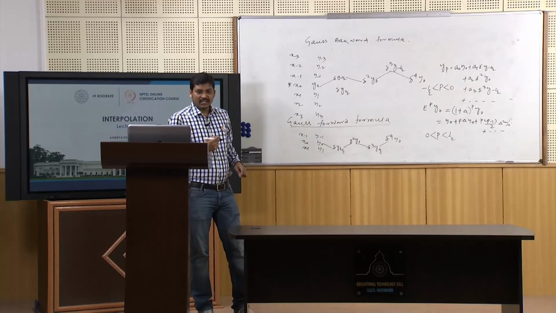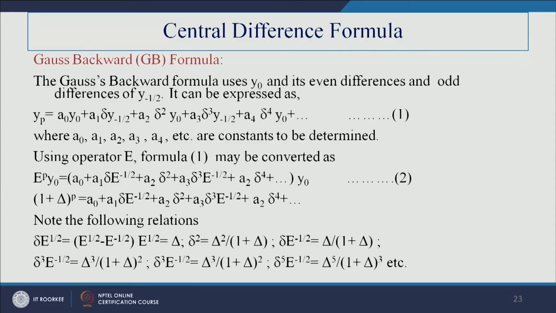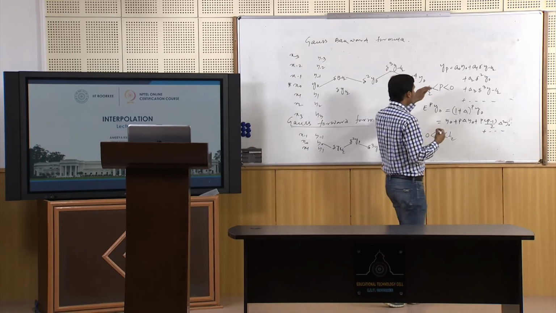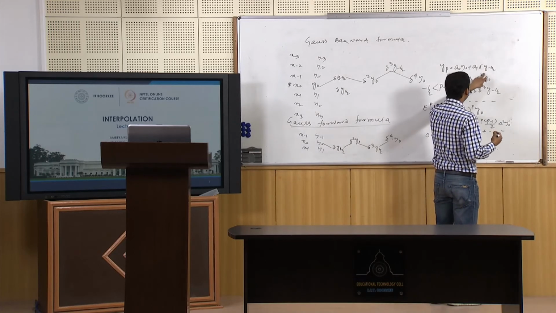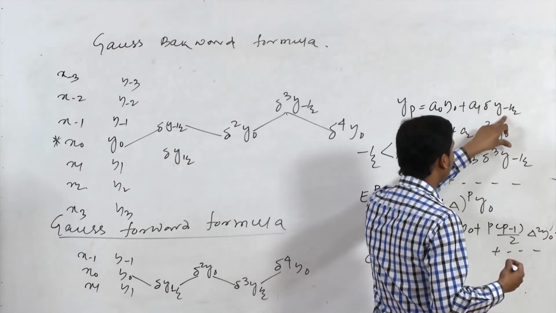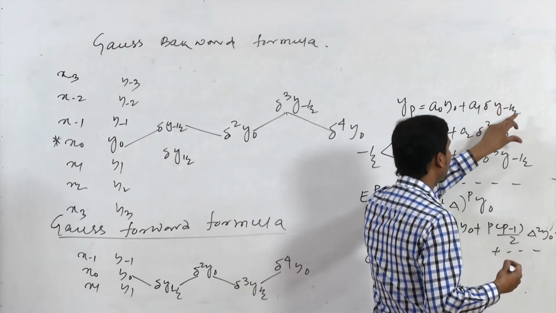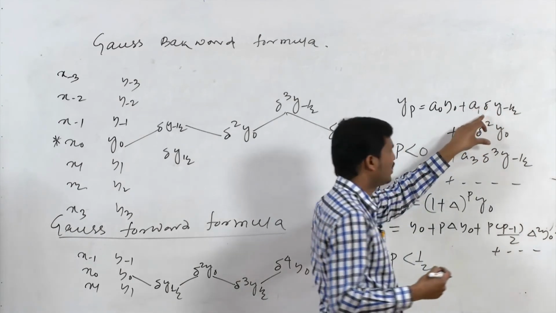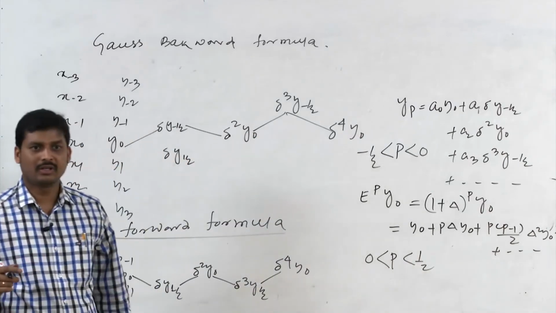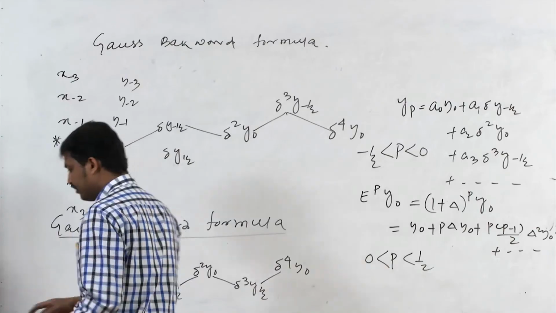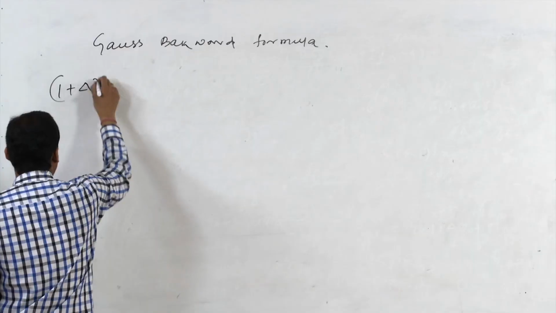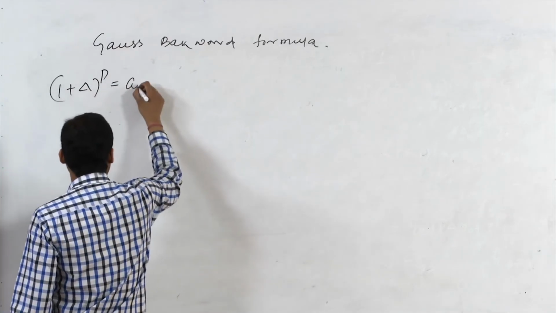It can also be expressed in central difference form. If we write delta e to the power delta y of minus half, delta means y of half, so we can write e to the power minus half of y0. Then we use the central difference operator e to the power half minus e to the power minus half into the product of the terms. So we can write 1 plus delta whole to the power p. This can be written as a0 y0